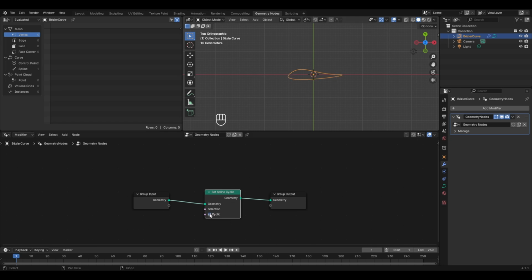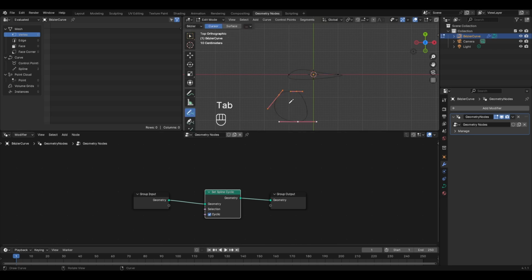So if I turn it on, then now our curve is looking cyclic because it has joined the two endpoints together. Now the benefit of this node is that if I tab into the edit mode and select the draw tool from here, and to draw the curve I simply have to left click and drag my cursor like this, you can see here that it will automatically make the curve cyclic. So if I turn it off, then you can see here how the original curves look, and by using the cyclic option the curves will get completed, and as a result they look cyclic. And now we'll be using this node to create the cyclic structure of a donut.